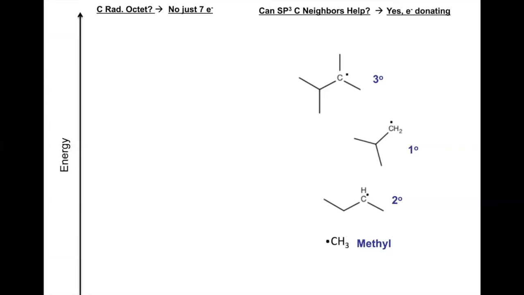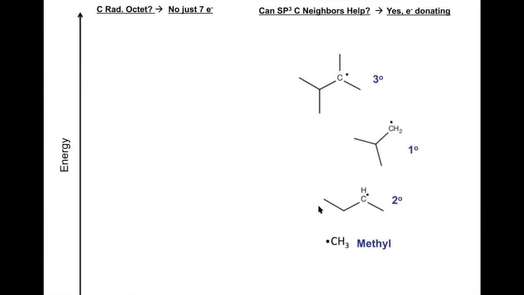We will think of sp3 carbons as electron donating this year, and it'll help us a lot when we talk about carbocations later, when we talk about a lot of reactions. We'll be using this concept. So yes, we'll consider sp3 carbons electron donating relative to a hydrogen atom. That's our standard, because we say they're less electronegative than hydrogen. Okay, so with that in mind,